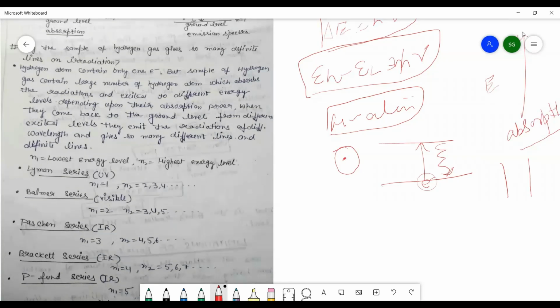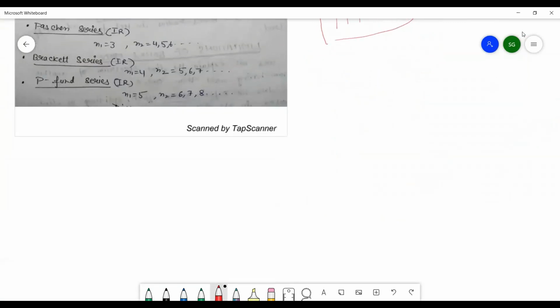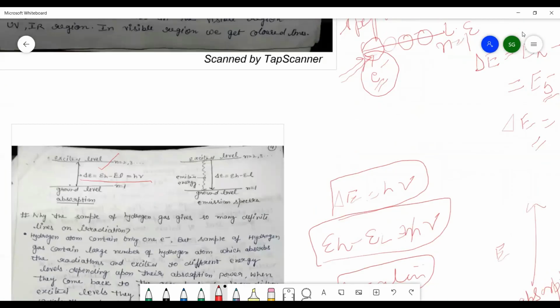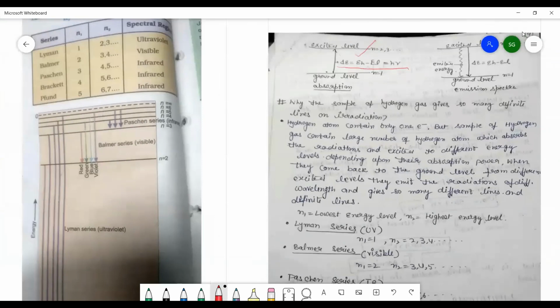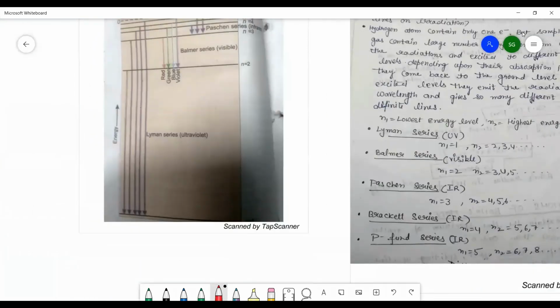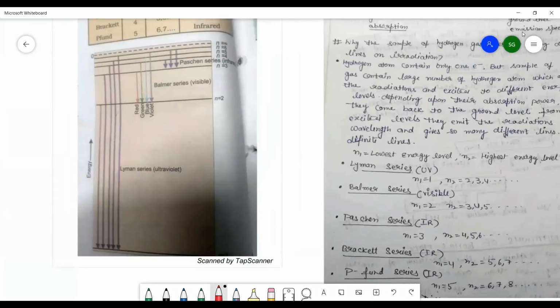But whenever we see the example for the hydrogen atom spectrum, now we will see कि we are getting so many definite lines. हमें बहुत सारी लाइंस मिलती हैं. यू कैन सी फ्रॉम द डायग्राम आल्सो कि हमें इतनी सारी लाइंस मिलती हैं. इसमें एक लाइन नहीं मिलती. इलेक्ट्रॉन एक ही है क्योंकि हाइड्रोजन एटम एक ही है, बट वी आर गेटिंग सो मेनी लाइंस. यू कैन सी इजीली. This is the diagram from the NCERT book. This is the hydrogen atom spectrum. So we are getting so many definite lines.